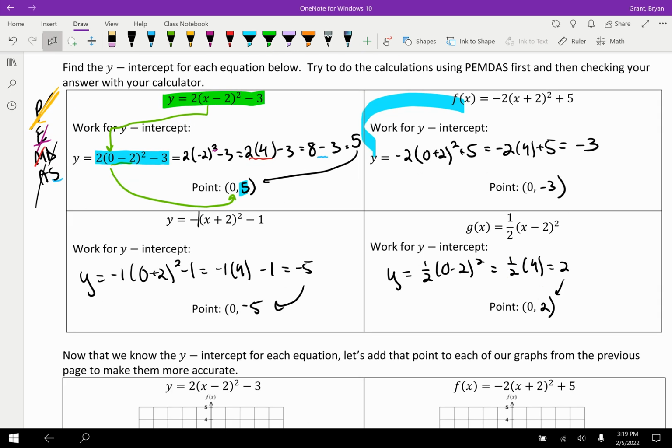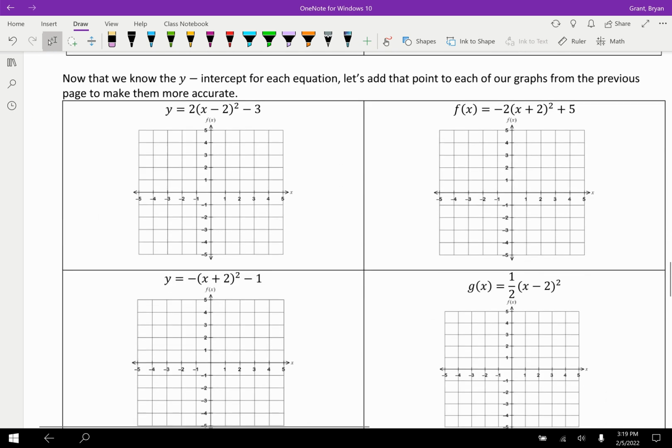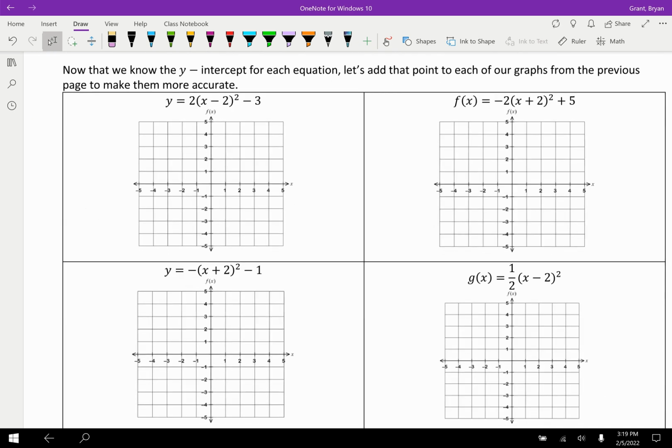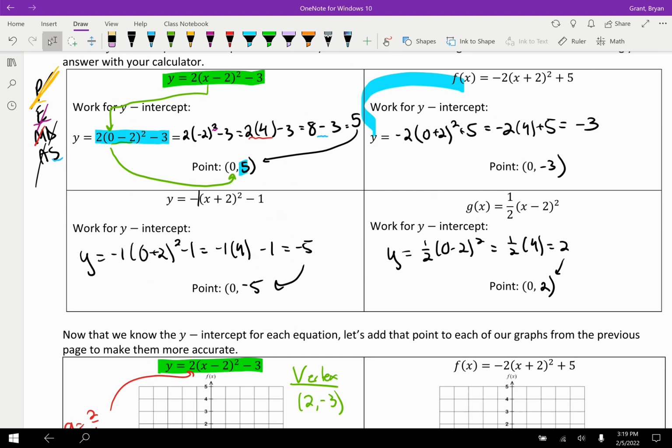Now, here's what threw my students off. We did all the work for the y-intercept here, and now it seems like we're jumping down to these random graphs. So what we're going to do is try to graph each of these equations with 5 accurate points. But you might say, well, wait, I can do the vertex, right? Let's go ahead and tackle the vertex right now. It looks like the vertex is going to be positive 2, negative 3. Okay, and I can do the a value. That's not bad, right? A is 2 over 1, meaning go up 2 over 1 in each direction. Cool. But then how do I do 5 points? Oh, do I have to do the y-intercept thing we did up here? Well, yes, you do,